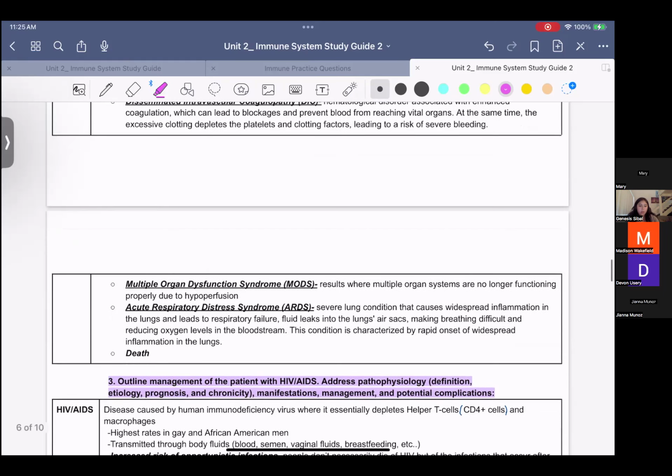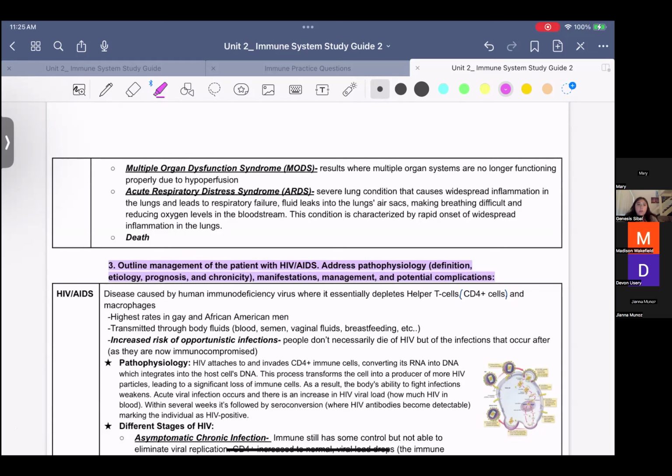Okay, and then with MODS, this makes sense. If we're talking about perfusion, we're talking about circulation, blood circulation. So that intravascular space, all those components are going to my vessels, my heart, my lungs, everything like that. With sepsis, you're not going to have proper perfusion, because all of those components are going out into the interstitial space because of the permeability. And RBCs, remember, they carry the O2 with the hemoglobin. They're not able to bring it to those organs,